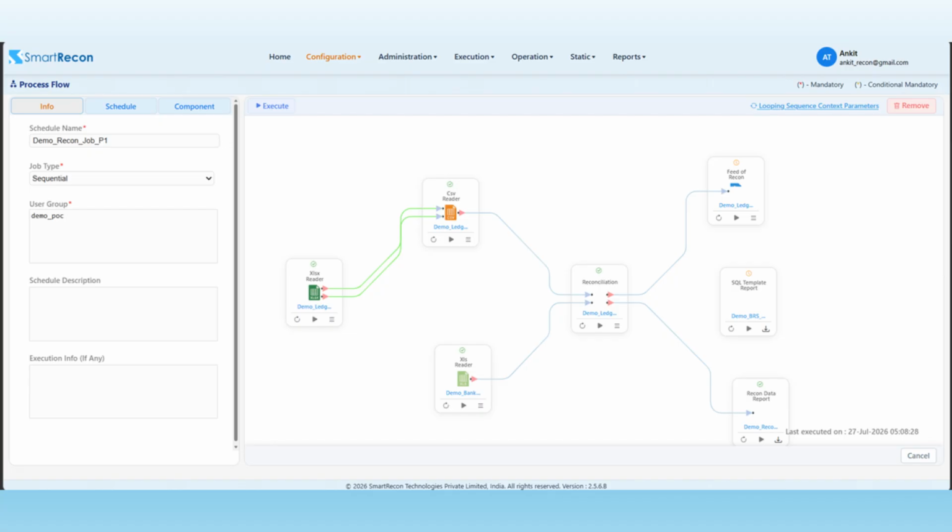We then moved to the practical side: configuring feeds, adding transformation rules, setting up recon with multiple levels and matching rules, creating feed of recon, configuring reports including the BRS report, setting up charts and dashboards, and finally executing automation jobs. We also covered the maker-checker workflow for manual operations and saw how to approve manual match requests.